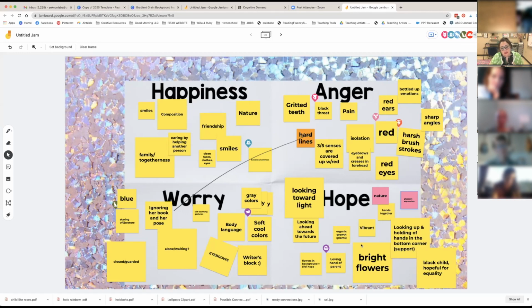Let's see. In the hopeful one, she was alone. So maybe we could talk about, even though you're alone, you can still feel hopeful. And she had a pleasant demeanor, so she could have also been feeling happiness at the same time. What we're trying to do here is help the students